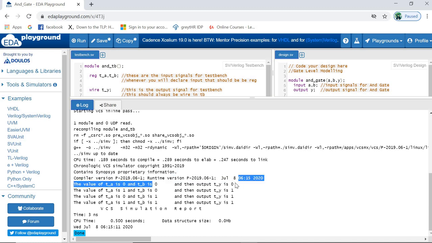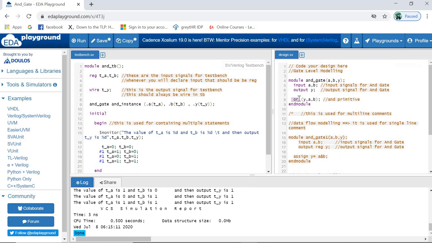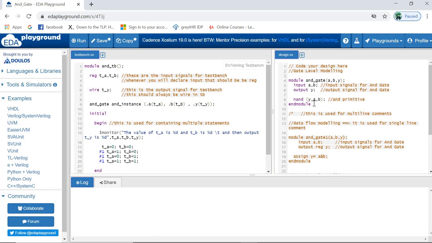So the output you are going to see is as an OR. It's going to perform as an OR. In the case of OR, if any input is 1, then the output will be 1. Otherwise, the output will be 0. So when TA and TB are 0, the output will be 0, and otherwise the output will be 1. Now suppose I'm talking about NAND. Here also you just have to change to NAND and run. After running, you can see the output as a NAND gate.